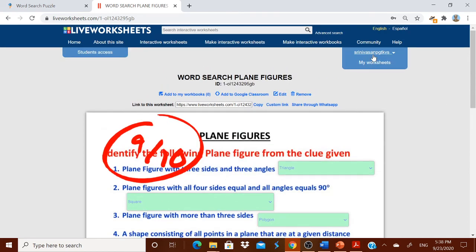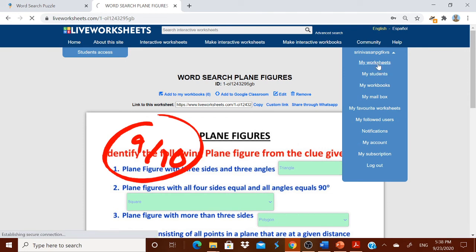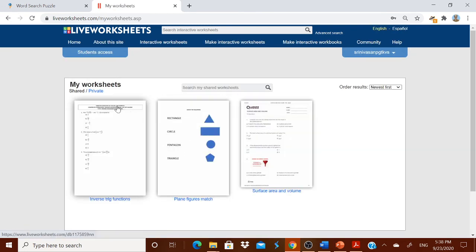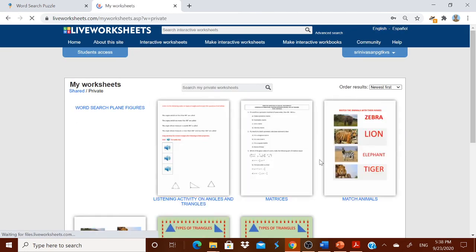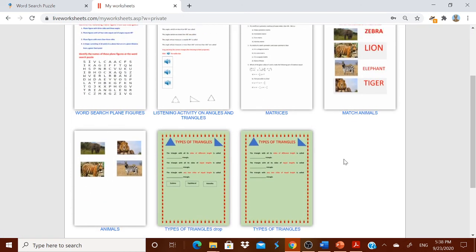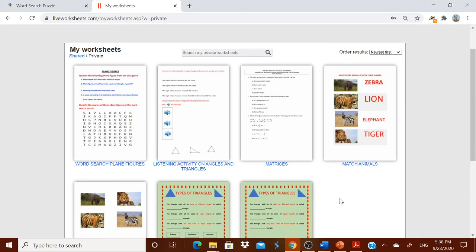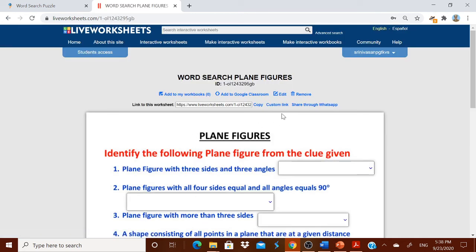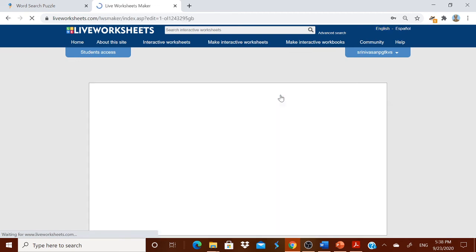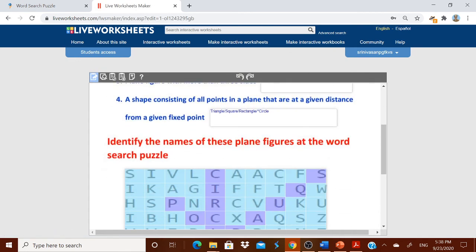Now you just come back to this My Worksheets. In My Worksheets, I have this in private. All of you know what can be done. Now it can be done like this. Okay. Now I think all of you know that if you feel, sir, there is a mistake I have already made, for that circle I am having some confusion, what you can do is edit it and then check what actually happened to it.